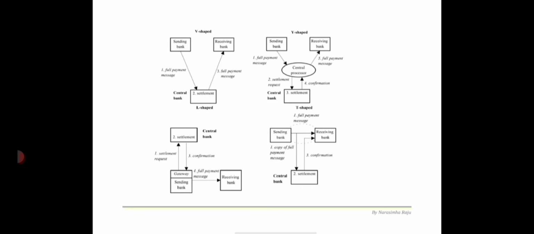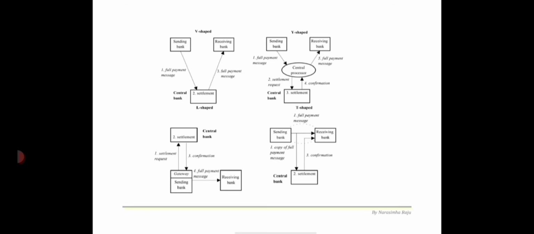Once settled, the full message containing the confirmation of settlement is rebuilt by the central processor and sent to the receiving bank. And coming to the L-shaped real-time gross settlement, an L-shaped structure is conceptually similar to a Y-shaped structure. This configuration was chosen because it could be implemented by modifying rather than rewriting the software supporting the previous